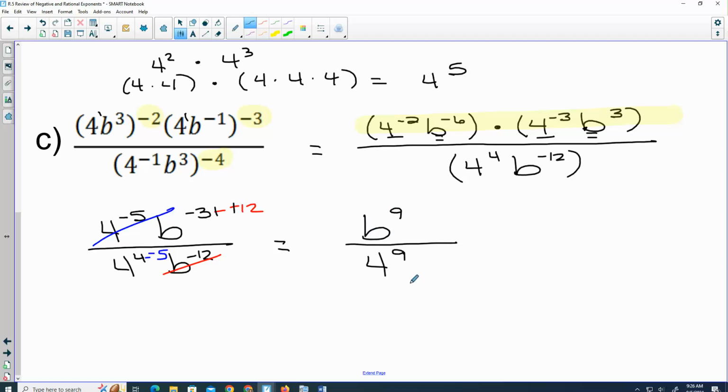You'll know if you took it to the wrong spot because you'll have a negative exponent still. And if it's negative, you just switch spots. So the negative on top drops down to the bottom. Negative on the bottom comes up to the top. At this point, could we do 4 to the 9th if you wanted to? Yeah. It gives you 262,144. So I would accept either one. So, go back a step, it's 4 negative